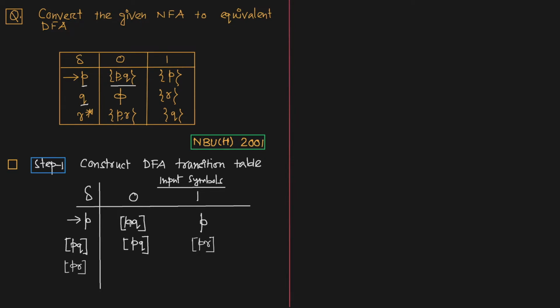নেক্সট PR on 0, P এর করসপন্ডিং হচ্ছে PQ অ্যান্ড R এর করসপন্ডিং হচ্ছে PR। সো পি কিউ অ্যান্ড পি আর এর যদি তুমি ইউনিয়ন করো তাহলে তুমি কী পাবে? পি কিউ অ্যান্ড আর, ঠিক? ওকে, সো নেক্সট পি আর অন 1, পি এর করসপন্ডিং পি অ্যান্ড আর এর করসপন্ডিং হচ্ছে কিউ। সো পি এবং কিউ এদের ইউনিয়ন করলে তুমি কী পাবে? পি কিউ।